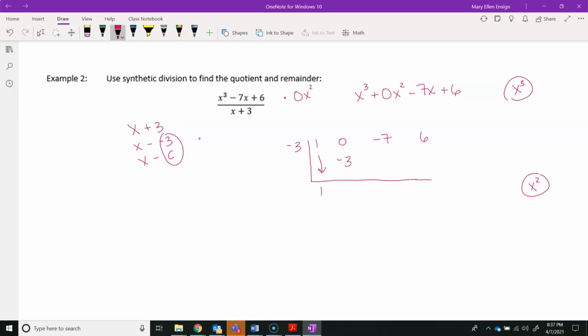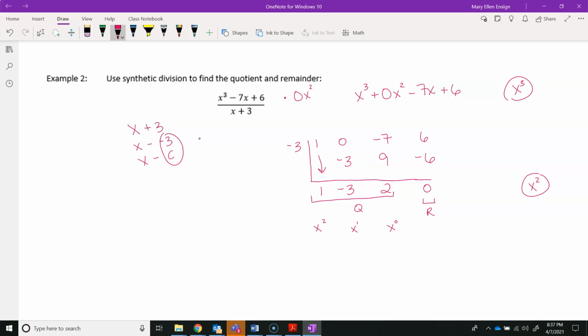-3 times 1 is -3. I'm going to add, multiply, add, multiply, and then add. So in this case, I have a remainder of 0. Here's my quotient, again, x to the 0, x to the first, x to the second, and as we saw,